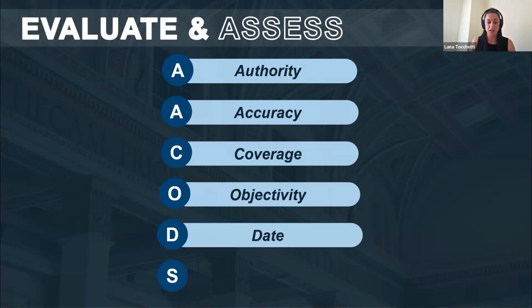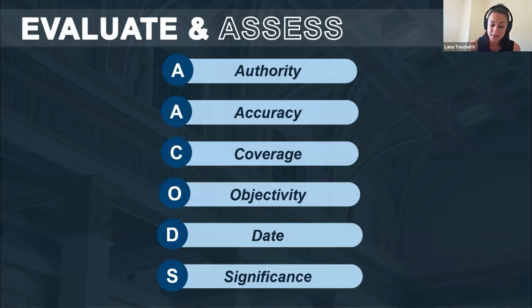And then date. Does it have a date? If it doesn't have a date, I would urge you to be cautious of using the material. You don't know when it was produced. You don't know if it's relevant to your current situation. So it's a bit of a concern if there is no date on there. So I would investigate a little bit further, or potentially just not consider using it, depending what it is. And then lastly, significance. This is where you judge its value. Is it meaningful? Is it adding further context to your research? Does it have impact? Does it strengthen a position or not? So these are just a few different things you can ask yourself.